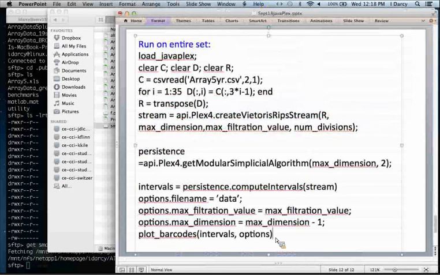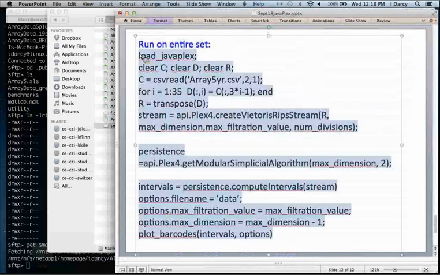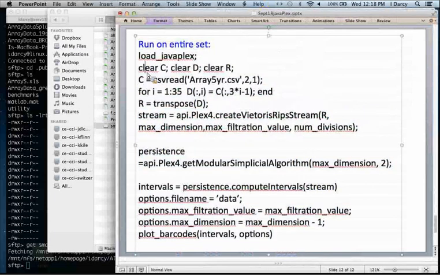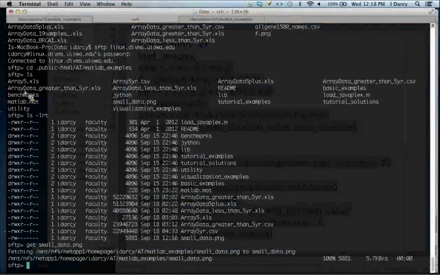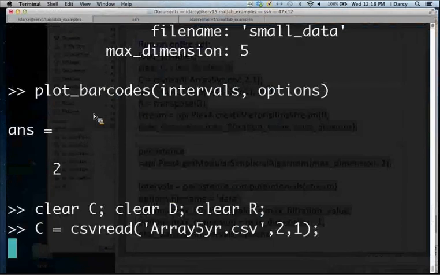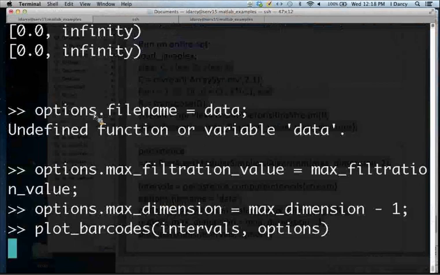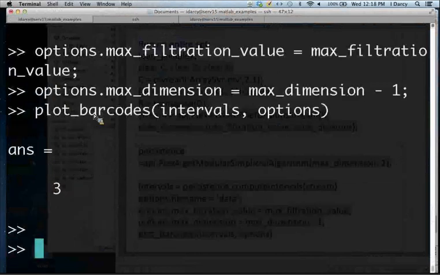we're probably going to get some errors again because of those things. I don't need to load. I'm clearing my matrices C, D, and R, so I can now read in my entire matrix. So let's go ahead and go back over here and read the entire one in. And we will see, it does actually take a while. This is a pretty large matrix. It didn't take that long last time I ran it, but now it's gone ahead and done it, and